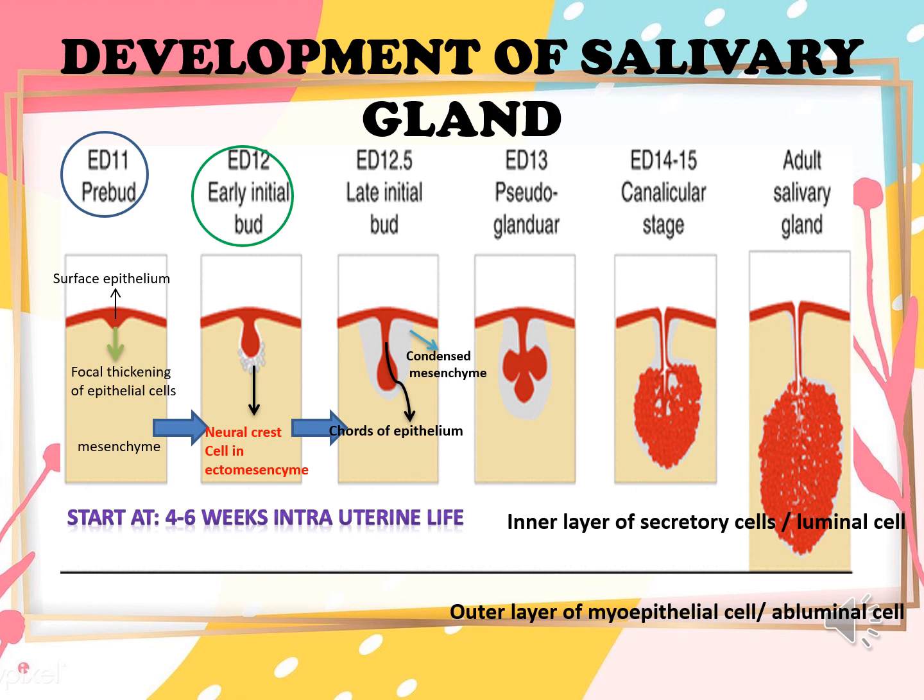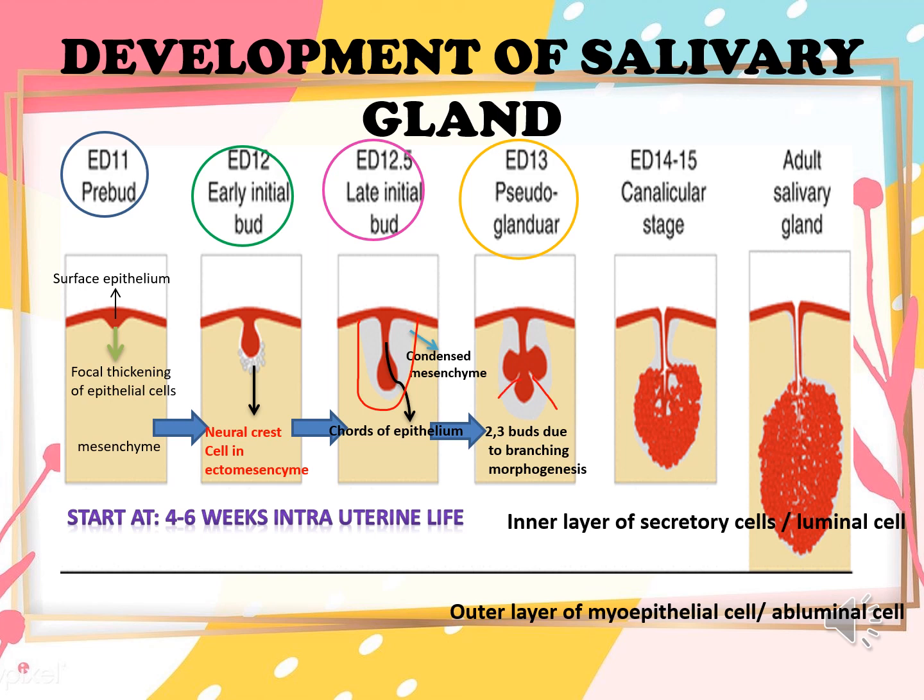After forming the bud in the early initial bud stage, later proliferation transforms it into late initial bud stage, where the buds connect to the surface by cords of epithelial cells and the mesenchymal cells condense around the bud. This is followed by the formation of pseudoglandular stage, where clefts develop in the bud, forming 2 or 3 buds